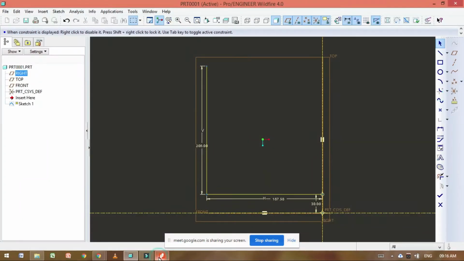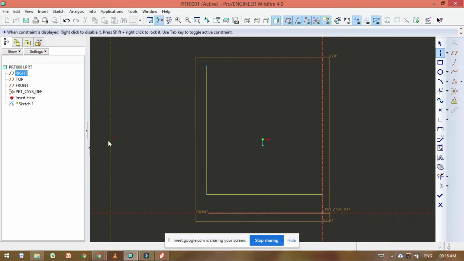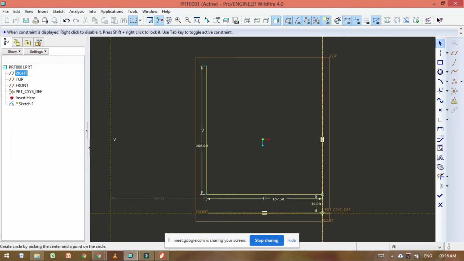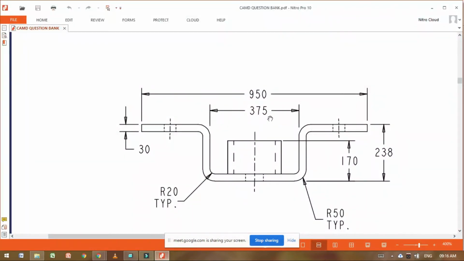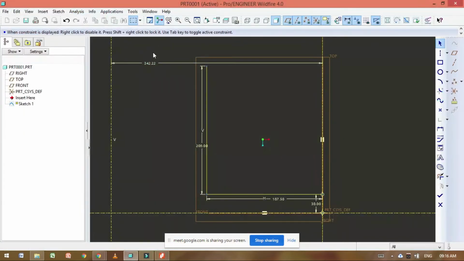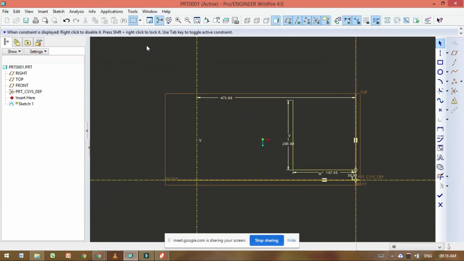So come here and see, I can draw the axis. Give the distance by using the normal command. Select this, press middle button of mouse, click on OK. See, this distance is 950 divided by 2.